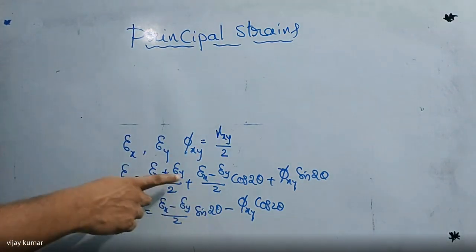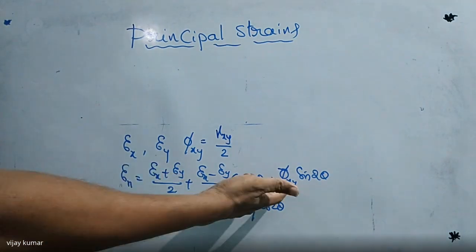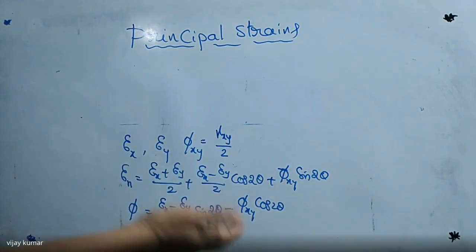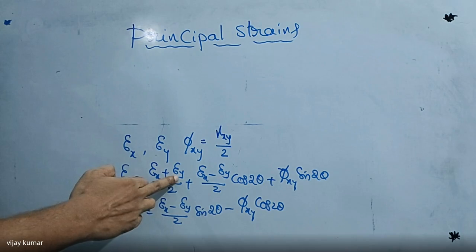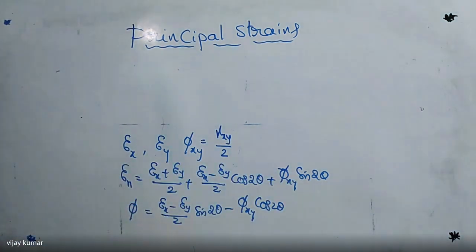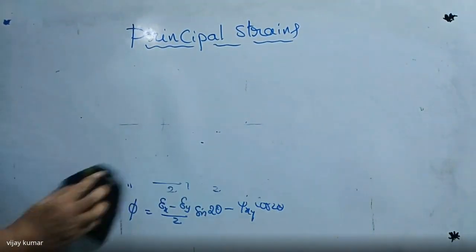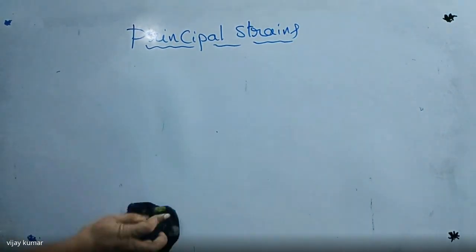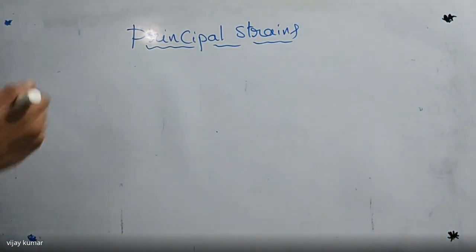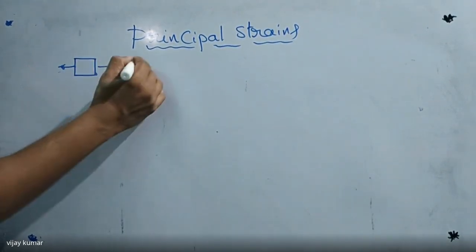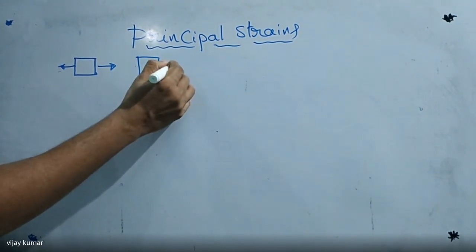If it is uniaxial, epsilon y is 0 and phi xy is 0. If it is biaxial, phi xy is 0. If it is uniaxial shear, only epsilon y is 0 and phi xy is not equal to 0. In case of biaxial shear, all are present. In the same way, we can calculate all the strain values here. I'm writing clearly here, listen carefully. What are the basic formulas for principal strains when a component is subject to a uniaxial state of stress, or to a biaxial state of stress?